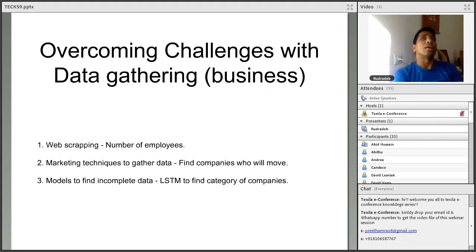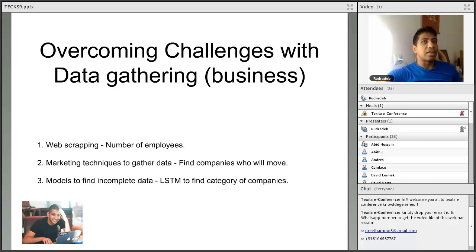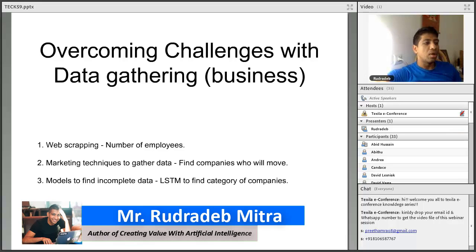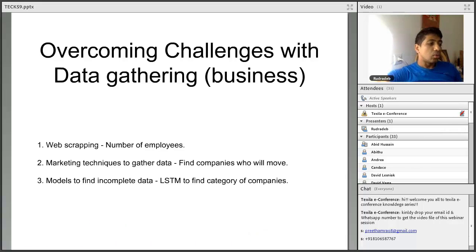There was a use case where one of the companies wanted to gather data about which companies are moving their offices, because when a company moves an office, there is a high propensity to buy new stuff. And it's information that is very difficult to get. No company on the web will announce that, oh, we are moving offices. That's not normally what they do. And only after they move the office, they may change the address. But that's already too late because they have already moved. So in those cases, it's hard to get the data through pure web scraping.